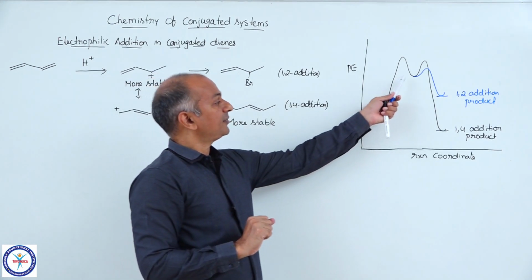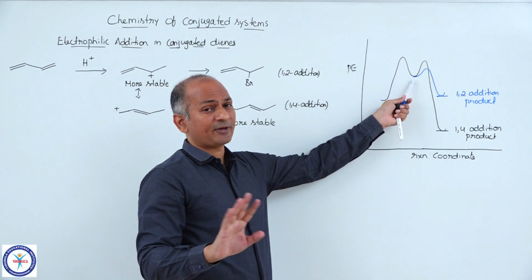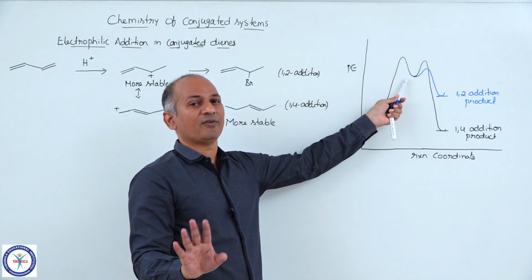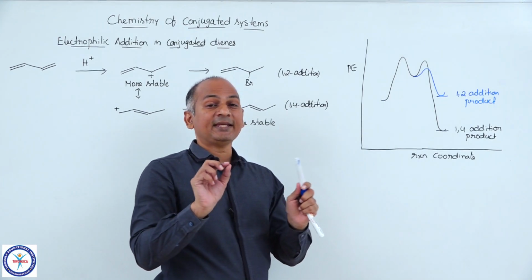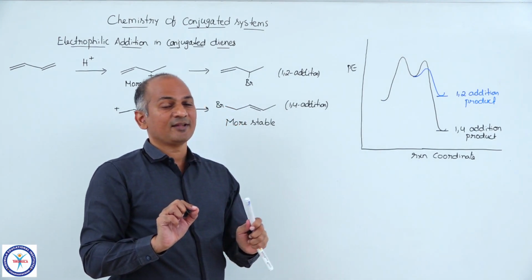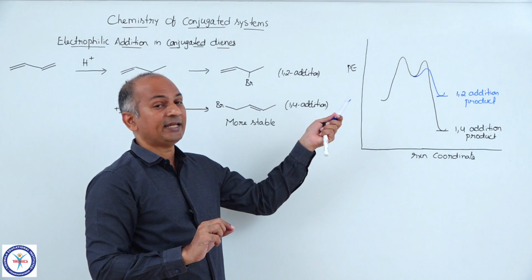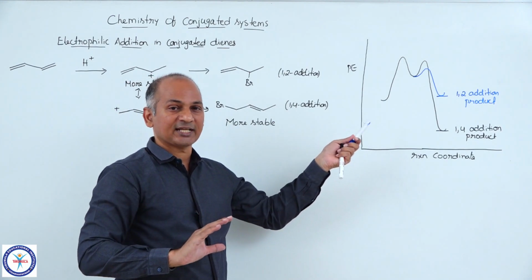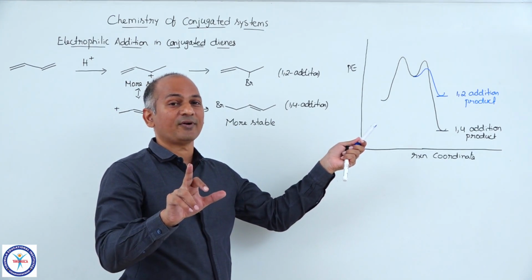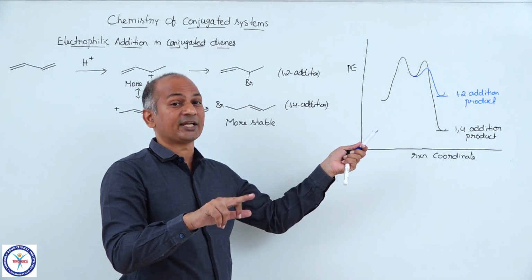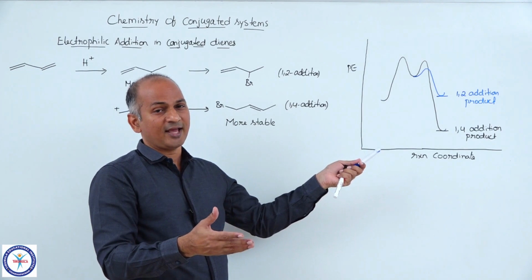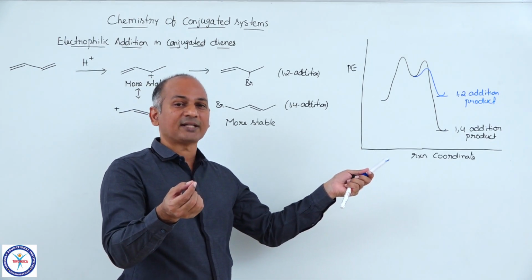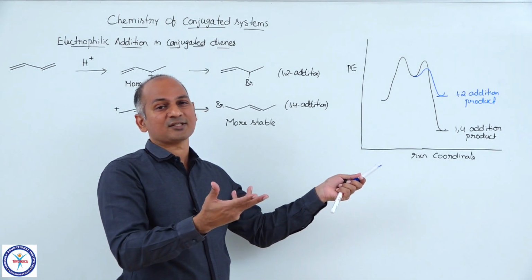Now the first step is complete. The first step is the same for both of them, no difference whatsoever. Now if you come to the second step, at minus 10 degrees Celsius, the blue colored path involves lesser activation energy. That means the path for the 1,2 addition product involves the lesser activation energy.